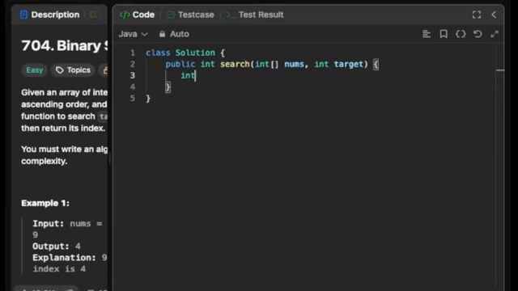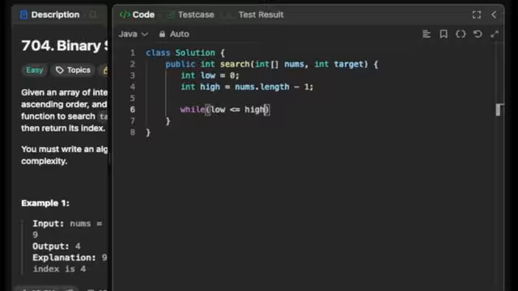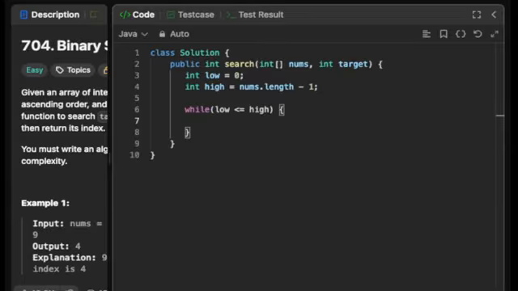So first, let's go ahead and create our pointers. And we'll make a low and a high. And for these two pointers, we know we don't want them to cross each other. So while our low pointer is less than or equal to our high pointer,